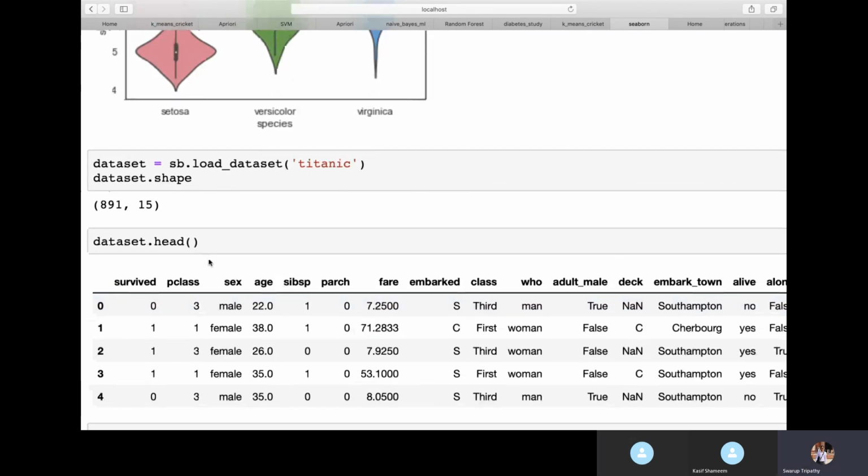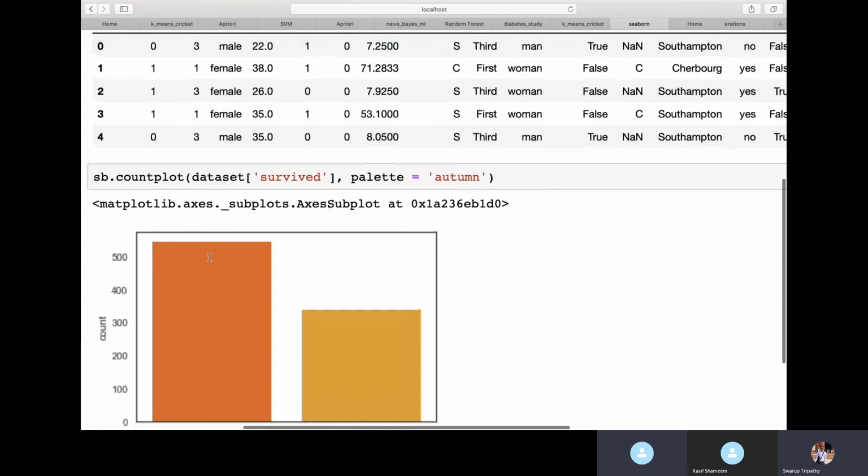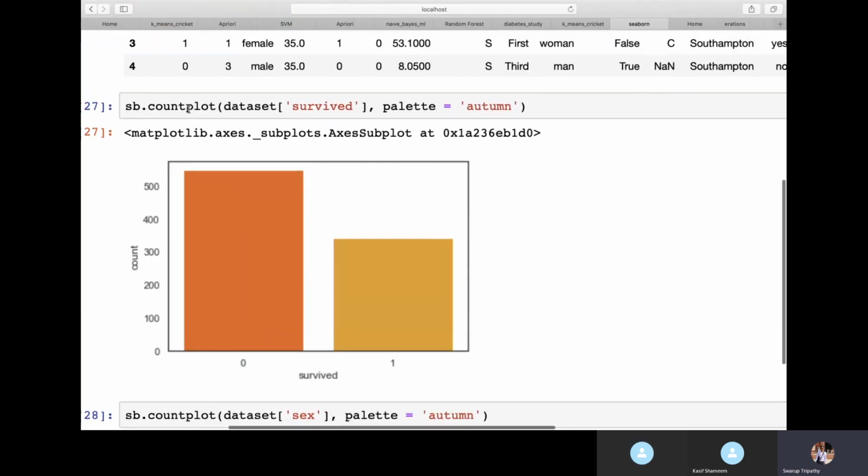Yes. Okay, so now we will try to analyze this data and get some more information out of it. Suppose I want to visualize how many people survived and how many didn't survive. I just want a ratio check. For that we have something called a count plot, which shows you the count of values. So here I'm saying sb.countplot of dataset survived. Survived is categorical data, and for categorical data we can usually use a bar graph. This is a kind of bar graph where the bar height is the count of values.